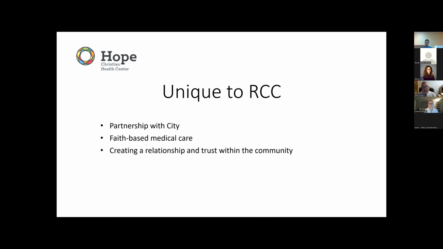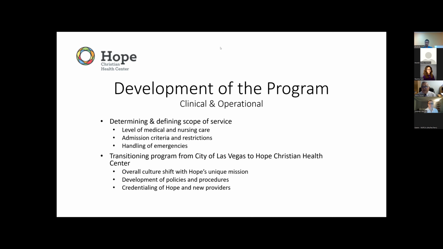So with that, I believe the next slide, I think it's going to be Dr. Galvin talking about this. The process took almost a year and a half from the day we started working on it to the day we took over, which was January 1 of 2022. And on day one, we were seeing patients and bringing the additional primary care services to them.